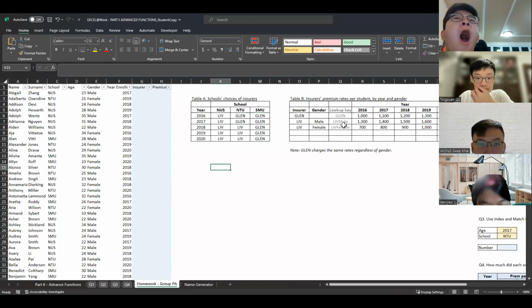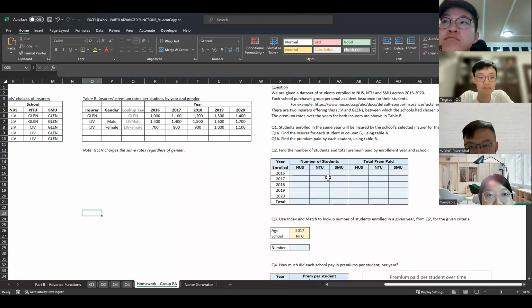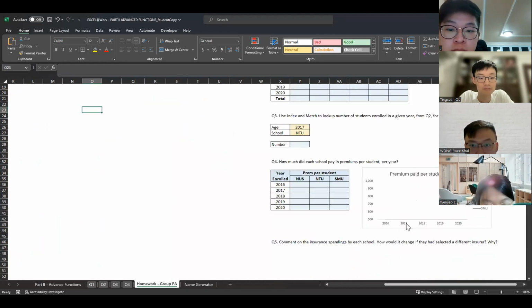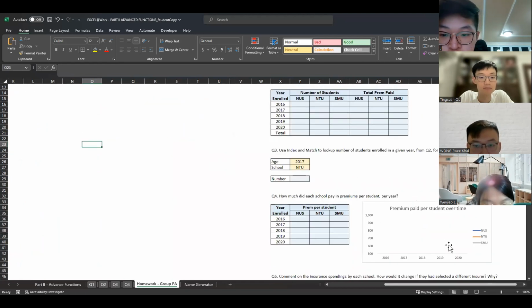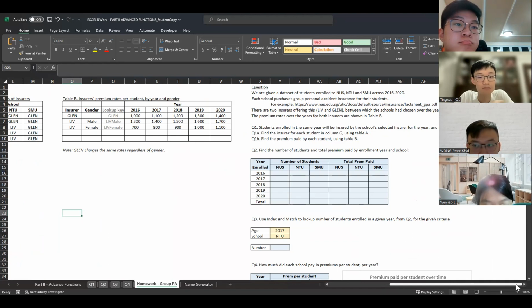Okay, and then all of them have different premiums at different years, and in fact, Left has different rates for different genders as well. So we should try and take note of this. Okay, and then we are given a data set over here. So the idea is to go and try to answer all these questions here. And then we will go through that in the next lesson, which is Monday. Yeah, next Monday. So you all have a lot of time to go and prepare for this